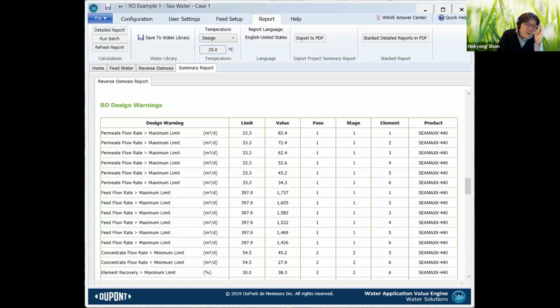Okay, so we can have a discussion based on your WAVE software. Please share your screen. Okay, so the design warning: you have a very high permeate flow rate, which means your brine is not enough to pass through. That's why it's a wrong design you have done. So maybe you can go to